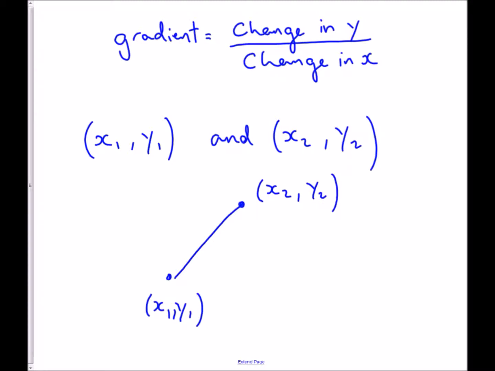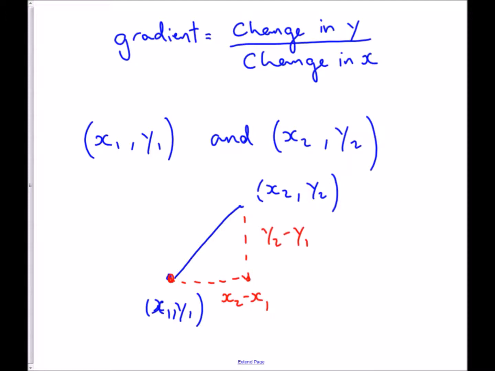So the first question is, what did I have to do to go from my x1 across to my x2? Well, if my x2 was 7 and my x1 was 3, I've gone across 4. The distance I've gone is x2 minus x1. So my change in x would be x2 minus x1. And my change in y is the same thing. To work out what I need to do to go from y1 to get to y2, I just do y2